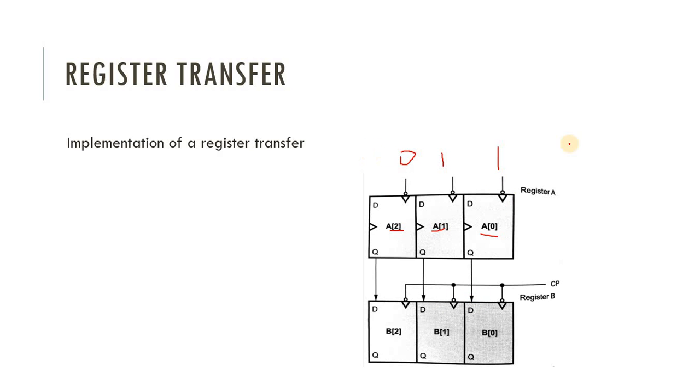So after execution, this 011 bits is transferred to the next register, which is here 0 is transferred. This flip-flop transfers the 1 bit here, and this flip-flop transfers this 1 bit here. So the data is transferred from one register to another register. So this is how the data is transferred in the register.